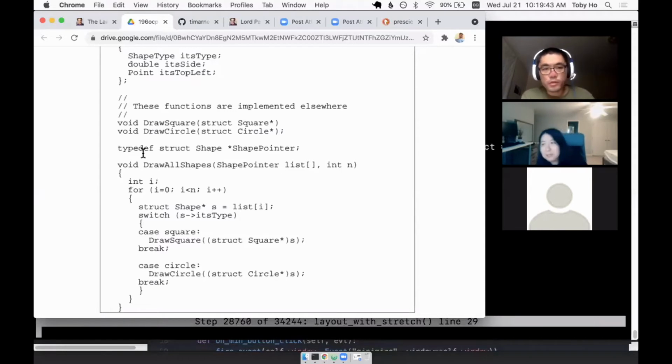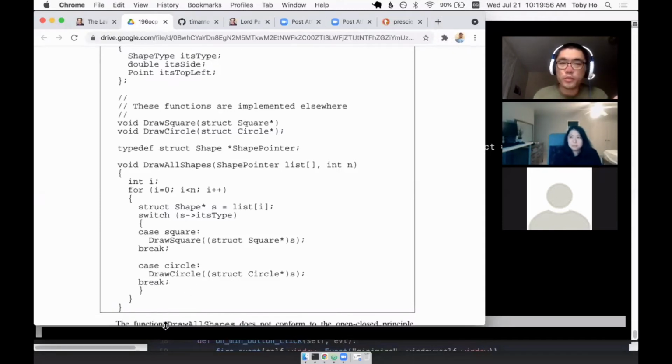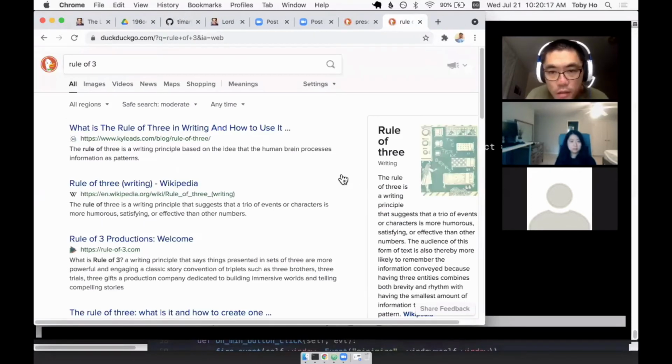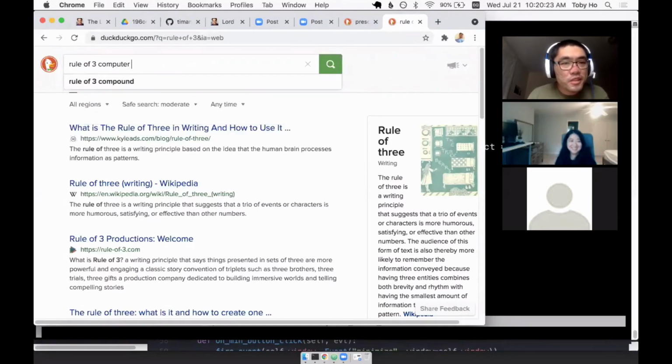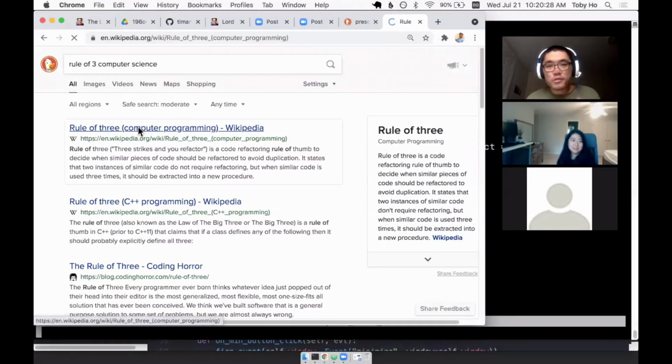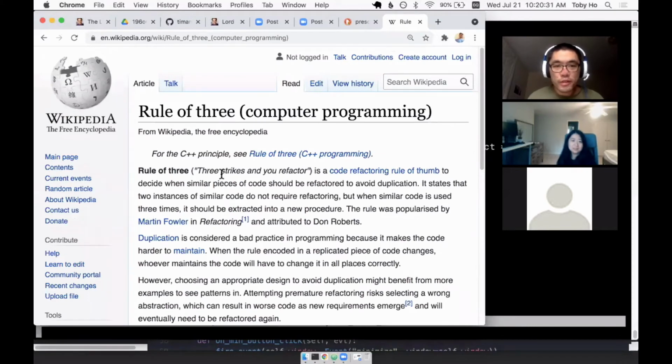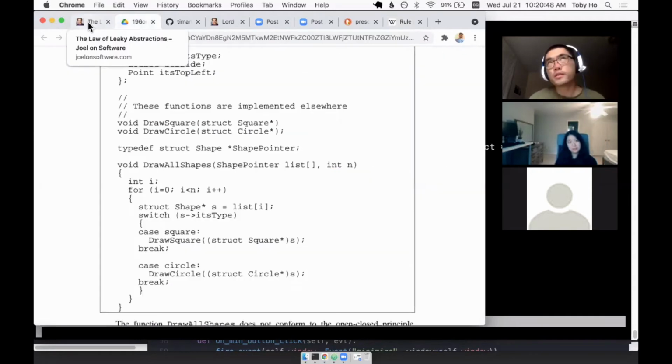That's an important point too. I sometimes defer the extraction because of that too, which on the one hand seems irresponsible, but on the other hand, I think there's a reason for the madness. So there's a rule of three. This is for writing. No, rule of three, computer science. There we go. The rule of threes is a rule of thumb for refactoring. You should start extracting if there's 3 instances of the duplication before you start refactoring. But that's just a rule of thumb.